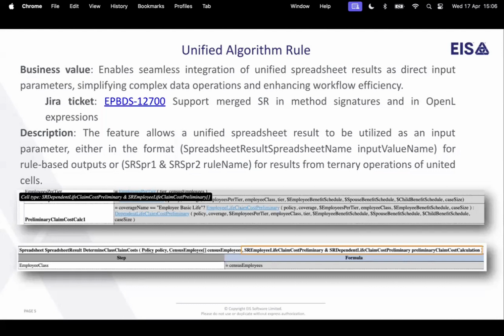Another feature that was also completed for this unified algorithm is that now, instead of spreadsheet, we can use SR. This is done when we have rule-based outputs. For example, we can write spreadsheet results and the spreadsheet name, like for a custom spreadsheet as usual, or when we have a ternary operator and we want to send the combined spreadsheet to another rule as input, we can use the SR and